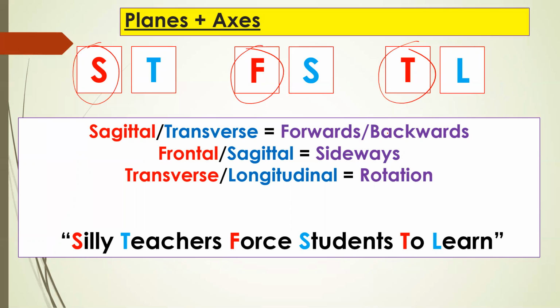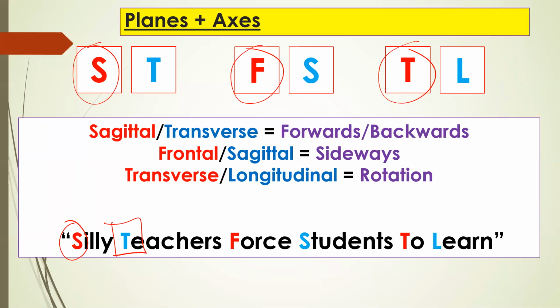Now, in terms of remembering that, you're probably not going to remember sagittal plane, transverse axes, frontal plane, sagittal axes, transverse plane, longitudinal axes. That's quite a lot of information. What you should be able to remember are little phrases like the one we came up with for GCSE PE, which is "silly teachers force students to learn." That in itself doesn't mean an awful lot, but what it tells you is